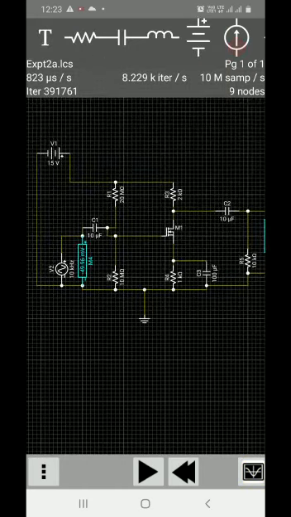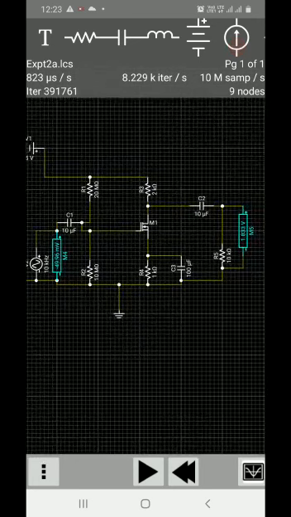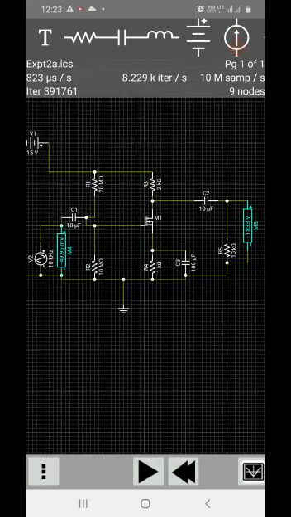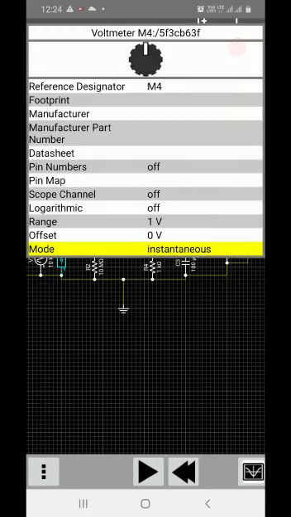Now, how to make the settings of this oscilloscope? Actually this is important and challenging, because initially it may take more time to set the oscilloscope properly so as to get the desired readings. If I double click on this multimeter, at the input there is an option, scope channel, which right now is in off mode.